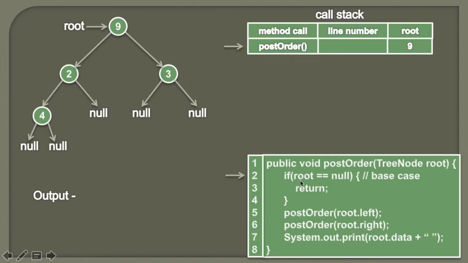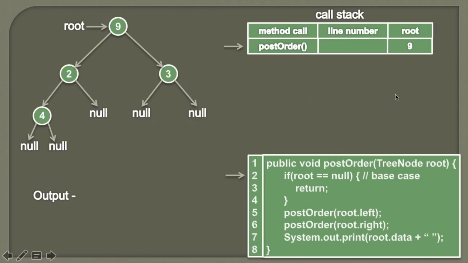So friends, the first step we actually check whether root is equal to null or not. So if root is equal to null, we simply return from that method, and here you can see that this condition will act as our base case, because as we are calling this post order method and internally it again calls the post order method, we need to provide a base case to stop the execution of this post order method. Because if we don't provide the base case, post order method will again call post order method and they will go on calling each other infinitely. So this is the base case which is required in order to break the recursion, and we will see its significance later in the demonstration.